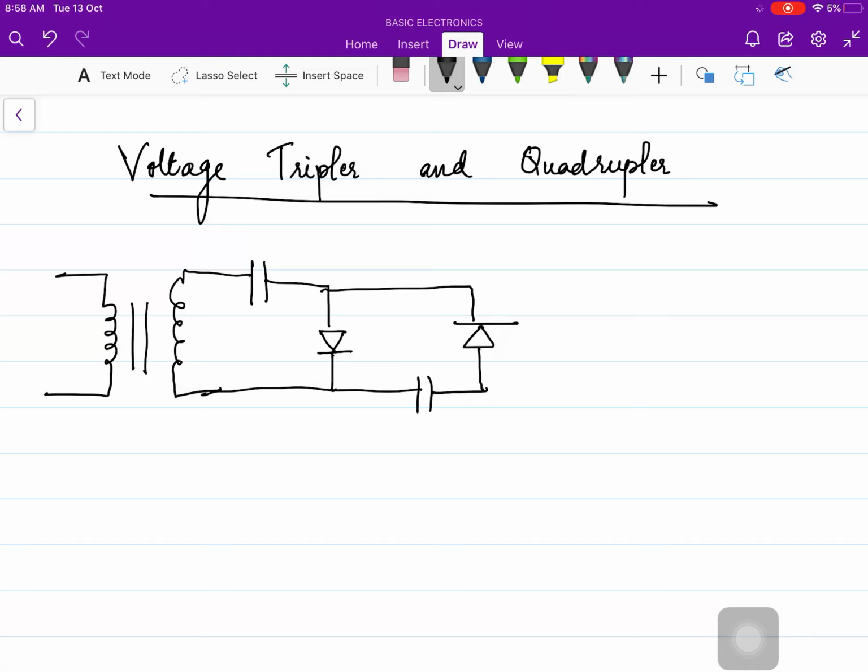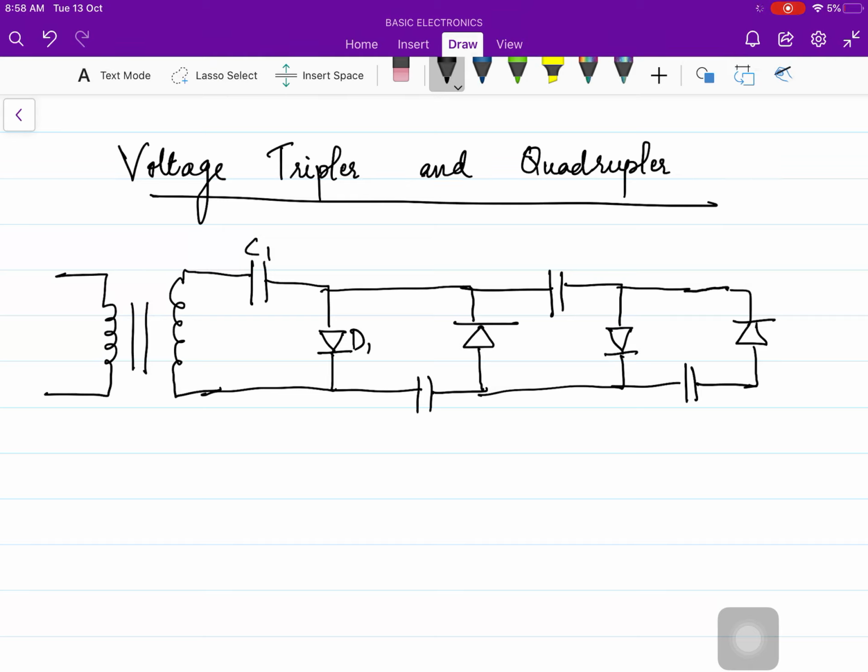The way to remember this circuit is, if you are drawing the capacitor up on the above part, in the second peak circuit you have to draw it below, and you have to reverse the direction of the diode. Again above and reverse the direction of the diode, that is the third peak circuit. Now again draw the capacitor below and reverse the direction of the diode, that is the fourth peak circuit.